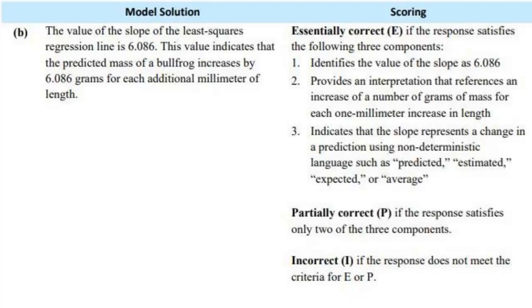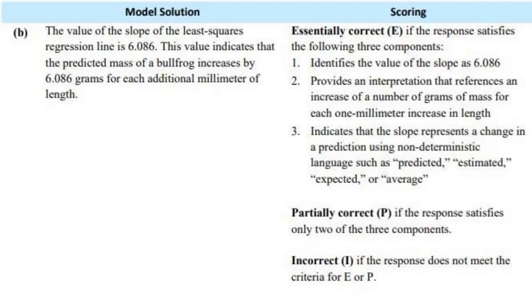You need to have all 3 of these on your paper to get an E. You have to identify the value of the slope as 6.086. You provide an interpretation that references an increase in the number of grams of mass for each 1 millimeter increase in length. Notice they did not use the word 1 over here, but they said each additional, or for every 1 more, for each, for every. That would work. Part 3 indicates the slope represents a change in a prediction using non-deterministic language such as predicted,